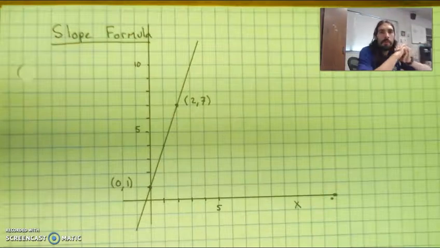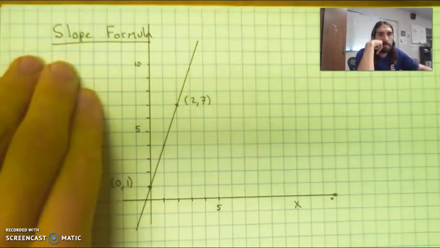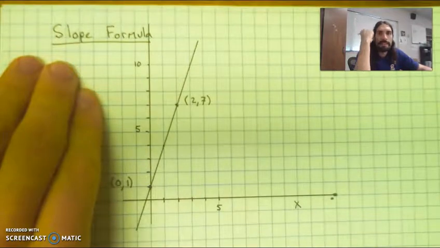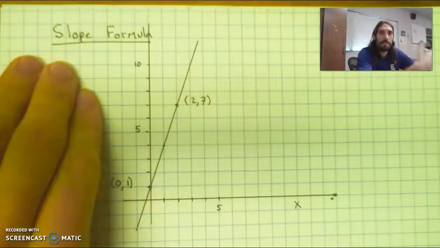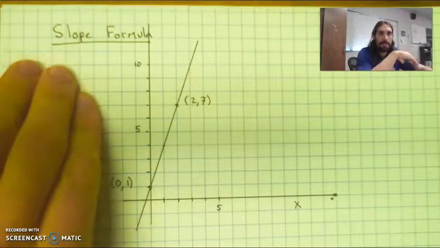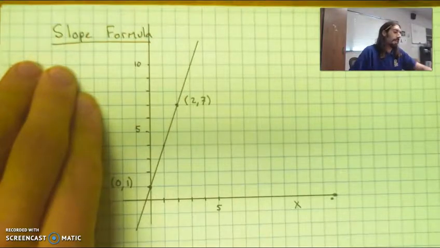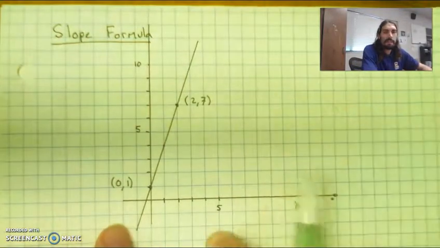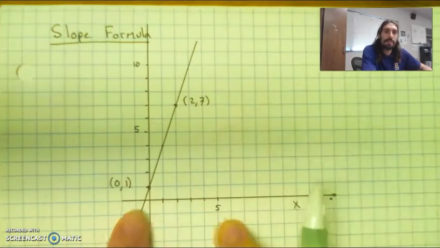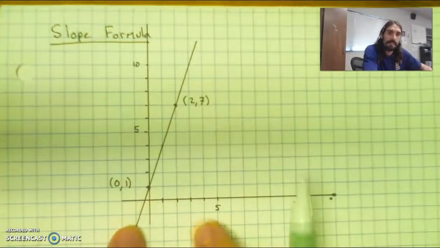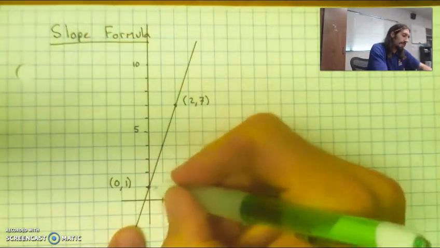Hello. So we are going to be talking about the slope formula today. And the idea is how do we find slope when we don't have a graph, is ultimately where we're going to go. But starting out with this, we have this particular graph, we have this line, and I just want to remind you that if we wanted to find slope for this line, we have a strategy that says